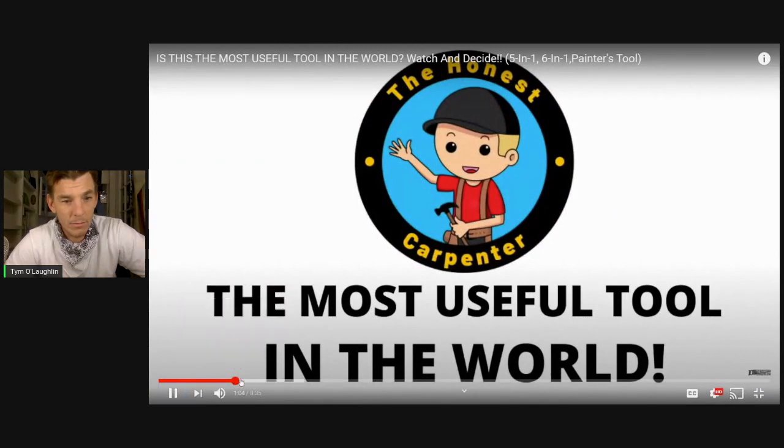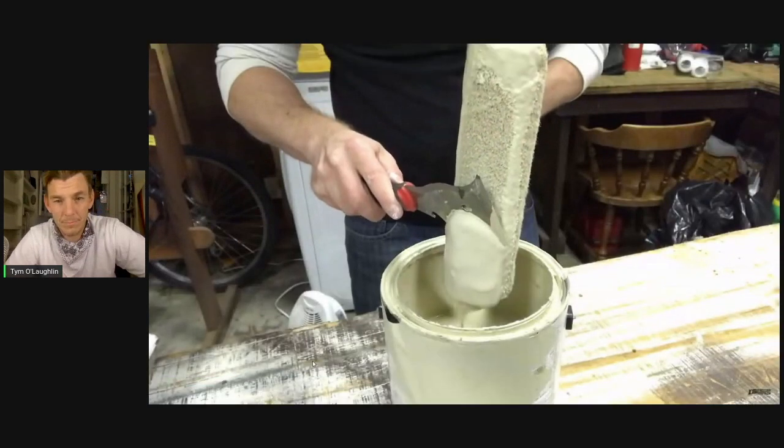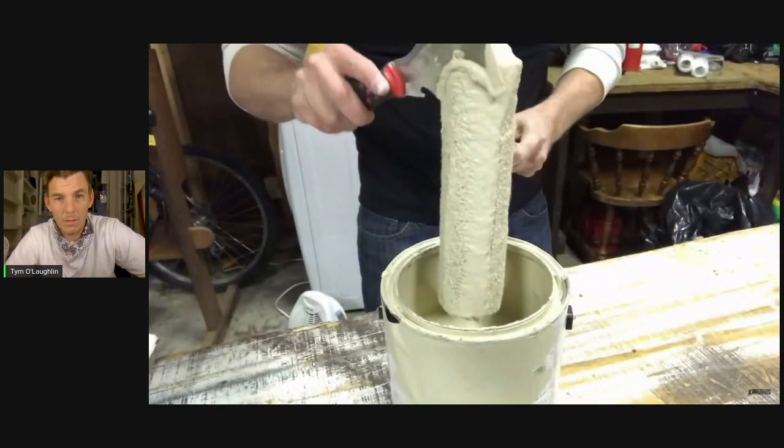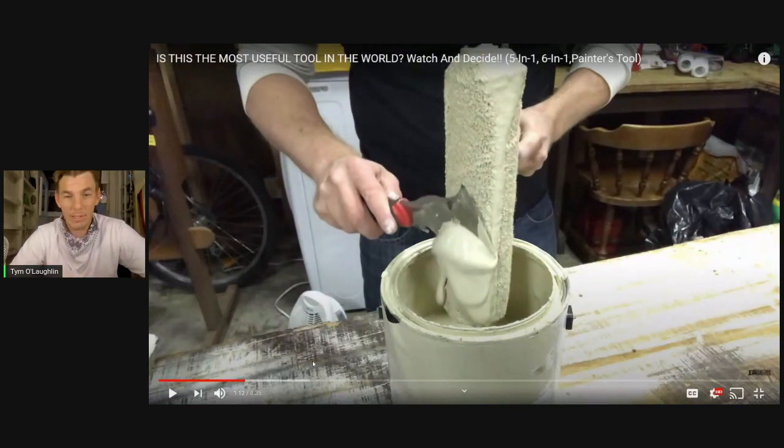Okay, dude. Tool to squeeze out the excess paint. Yes. It just forces the paint out in a smooth raising motion. You can spin the roller and work all surfaces. Then after you... Yes, absolutely. I do this on a daily basis. You can literally squeeze about a pint of paint off of a big roller like that, and it makes it way easier to clean the roller too. So I agree,